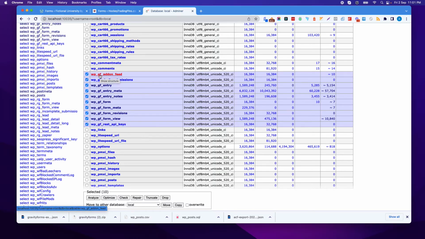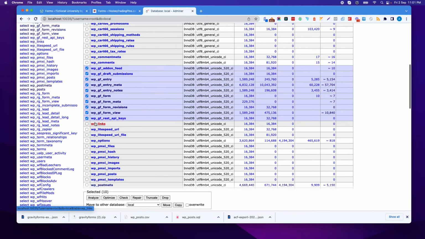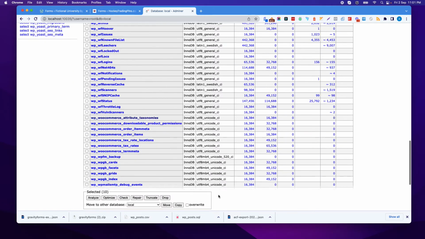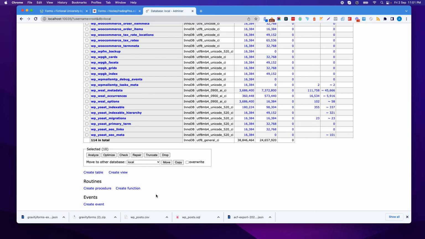GF stands for gravity forms. WP stands for WordPress. So this is WP underscore gravity forms underscore add-on feed draft submissions entry. This is where your entries live. This is where your forms live. So I'm going to select all of these, and then I'm going to come down, and then